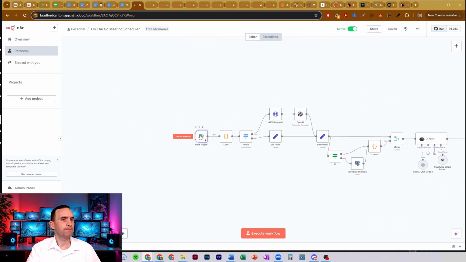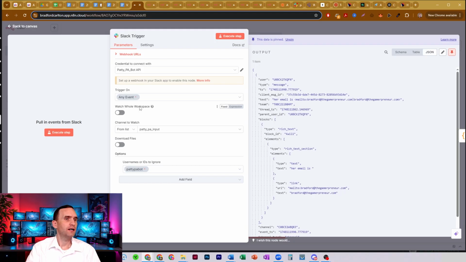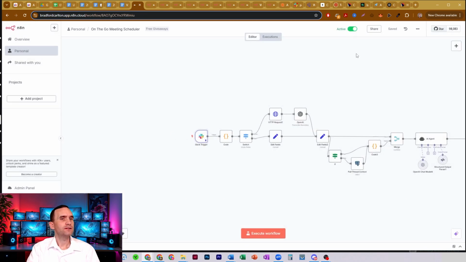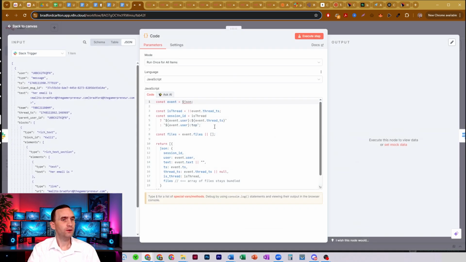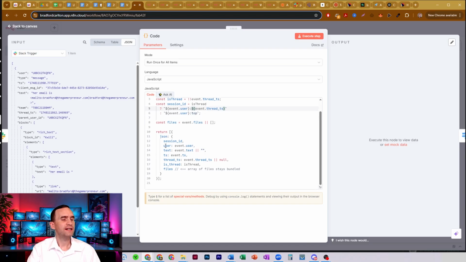All right, so Slack. Again, you want to set up your Slack credentials. I'm just checking for any messages in a channel, so any event in my channel, making sure to ignore the bot as well. All right, so when I send a message, it sends it here. I've got this code node that is checking for how I am presenting the message to the rest of the system. Is this a top level message, or is this a continued conversation in a thread? And so it checks for that, and then it passes the session ID that it just checked for, that I just created. With this code node, it passes the user ID, the text of the message that this user is sending,